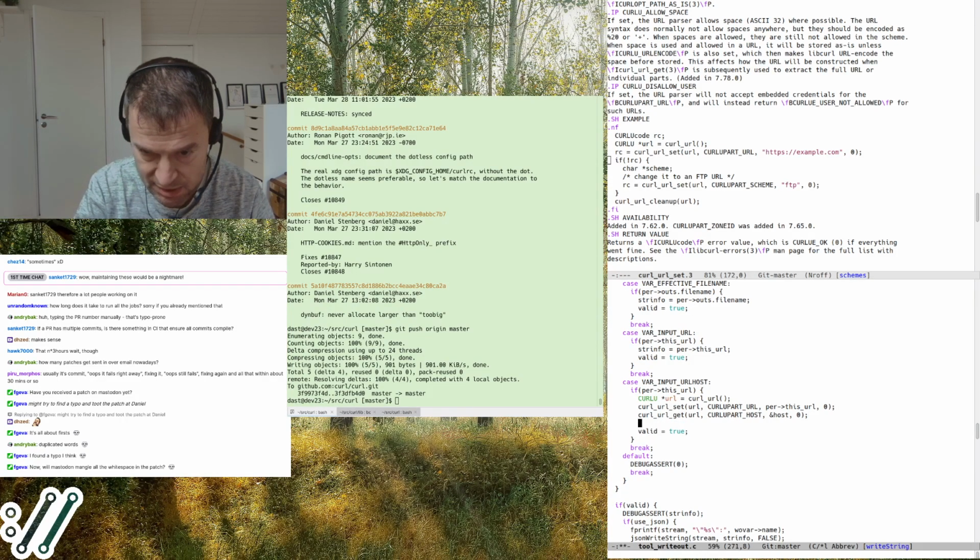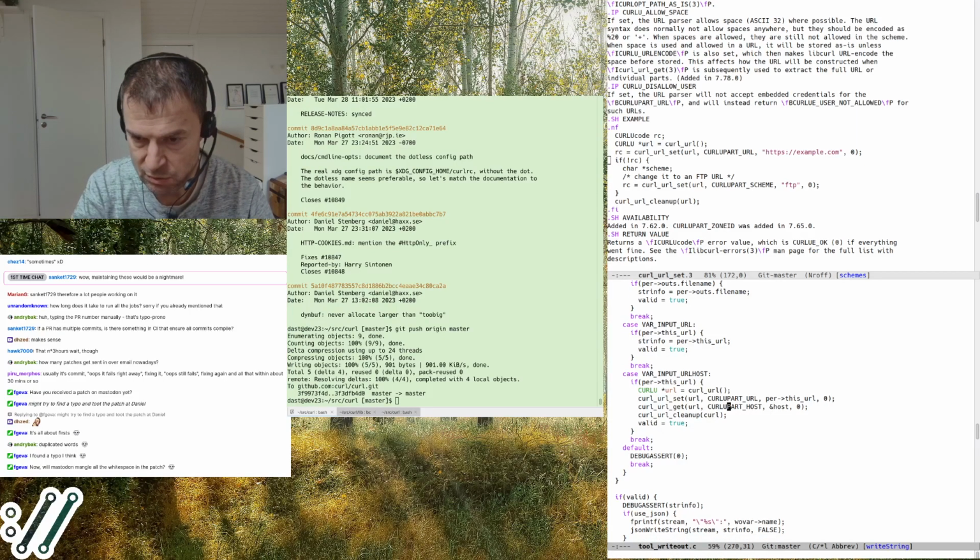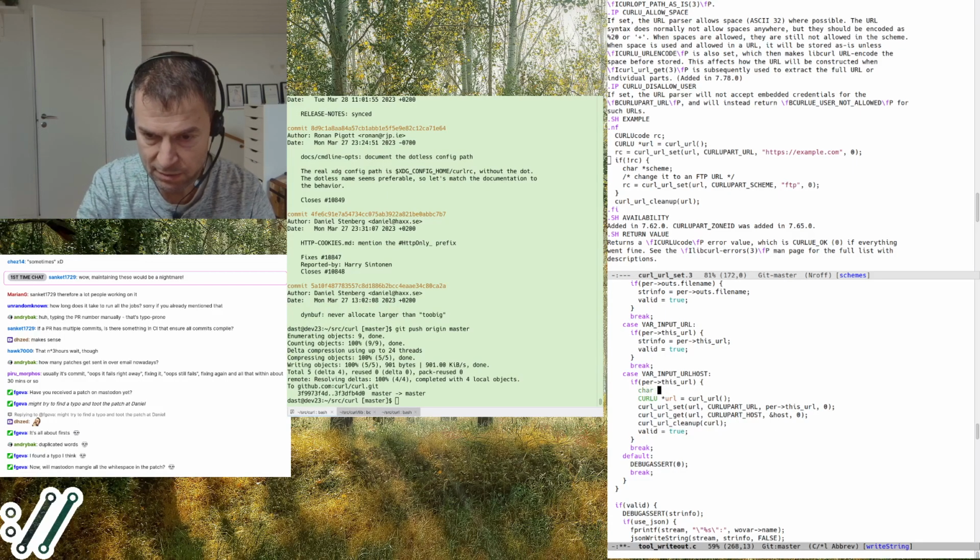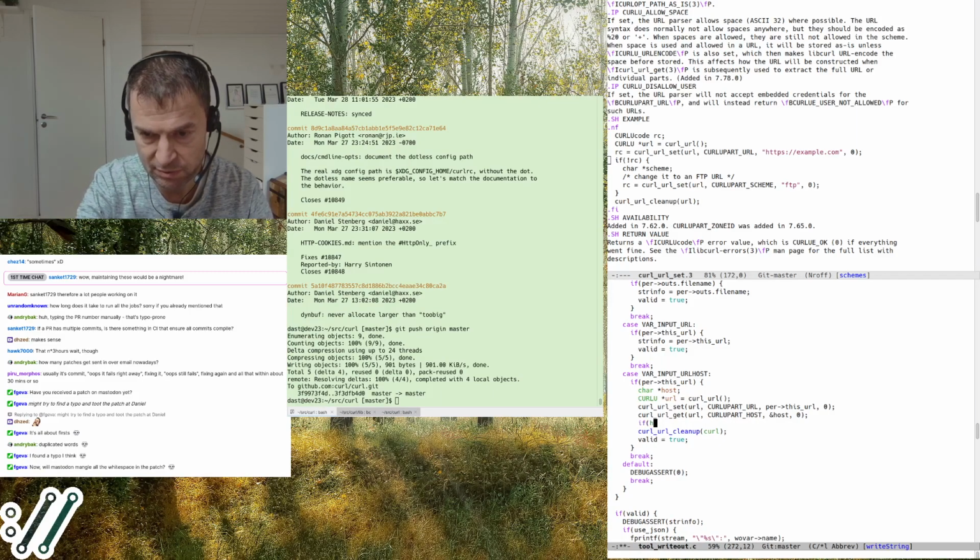This is the concept at least, and then there should be a curl_url_cleanup of the handle in the end. So this, if this works, it'll return a host pointer here.